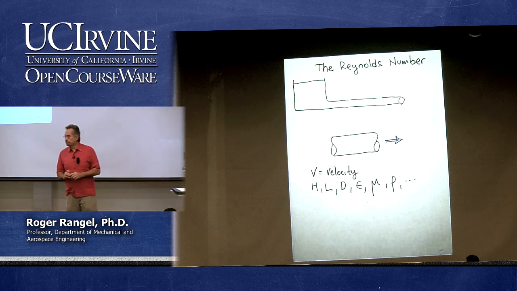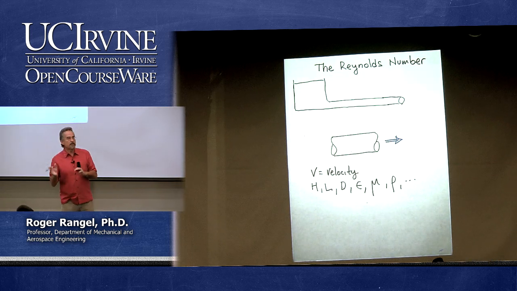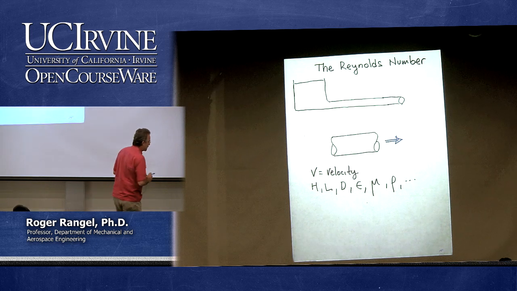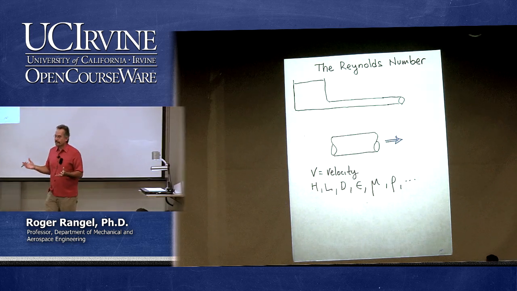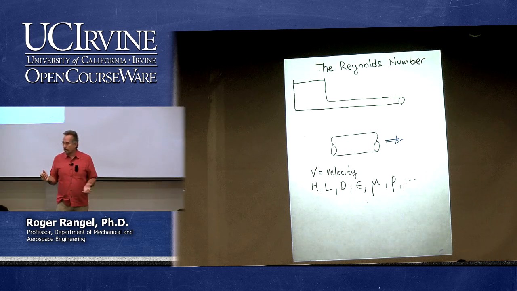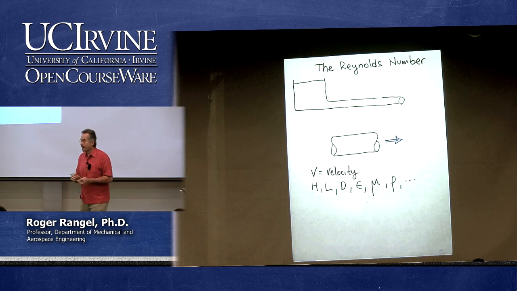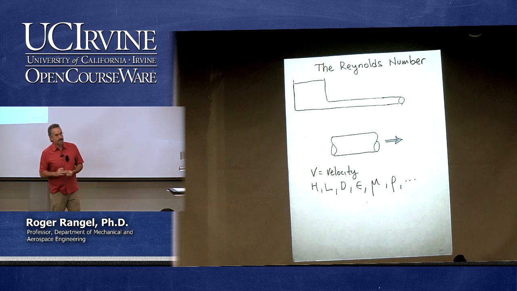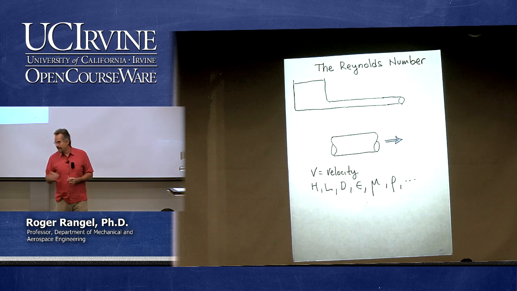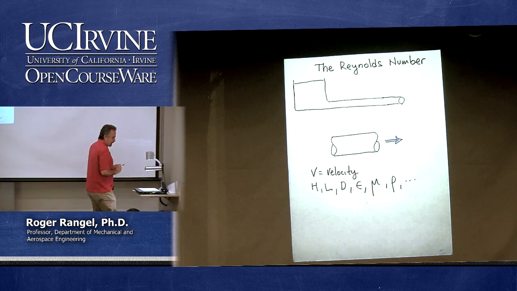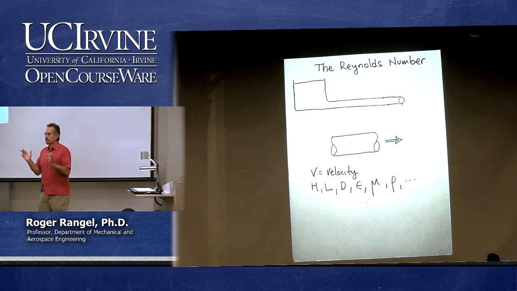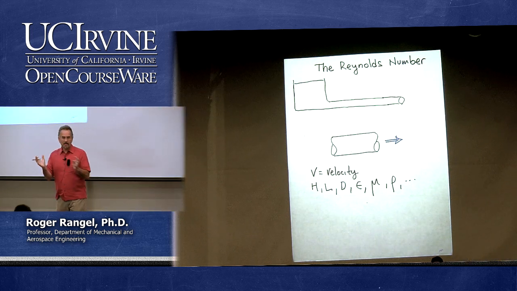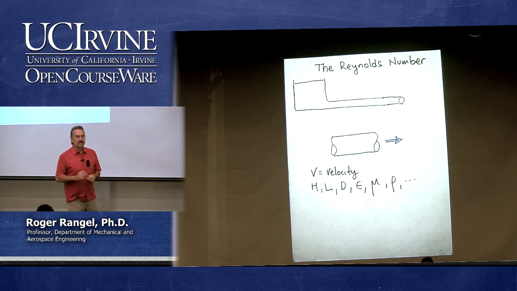Now there is a way to reduce the number of variables that you have to examine, and that's called dimensional analysis. And we're not going to look at dimensional analysis today. In fact, you will see dimensional analysis at the very beginning of 130B. But I'll tell you a little bit about what it implies. Essentially, what it means is that you can reduce the number of variables that you have to study if you combine them into groupings that are dimensionless.